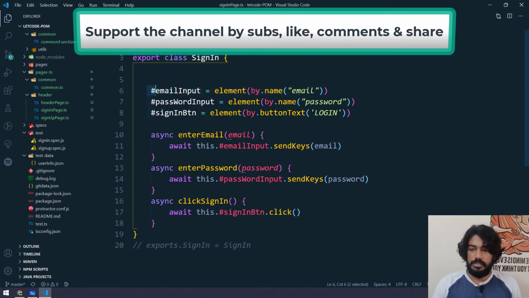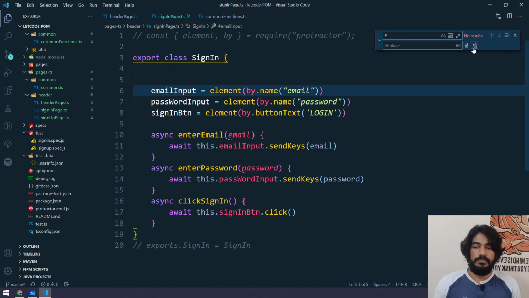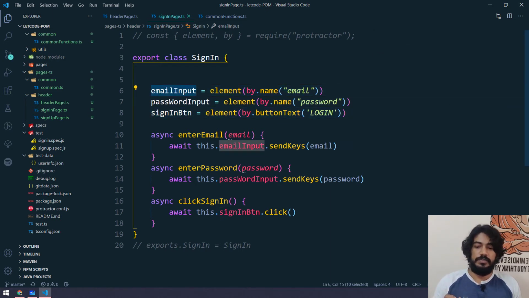So I'm just going to do Control C, Control F, copy and find, and we can replace this without any value. That means it's just going to simply remove the hash symbol wherever it appears. So here also removed, here also removed, right? Now then what we have to do,